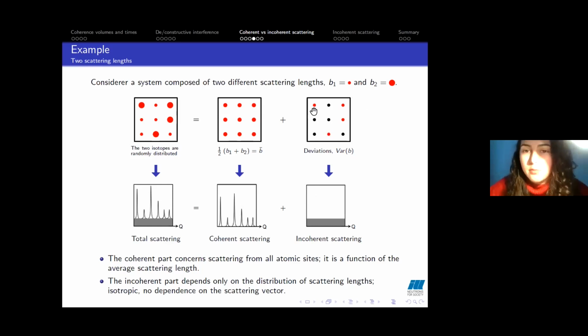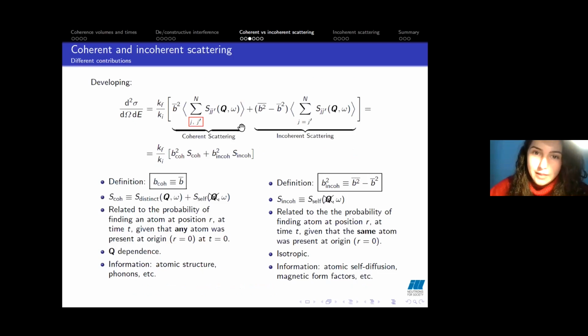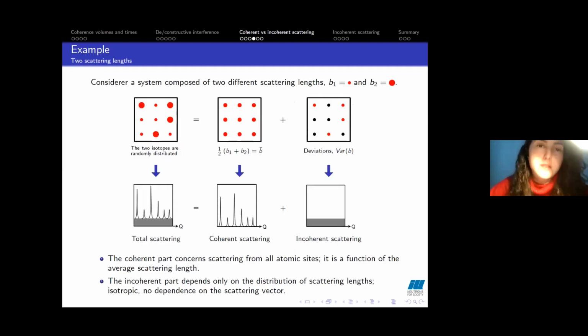As you can see in black and red, the deviation from the average. And these deviations contribute to this isotropic incoherent scattering. So I hope that with this, we clarified what this whole formula was a little bit more. However, this is what each of these terms mean, but what kind of information can we get from this coherent